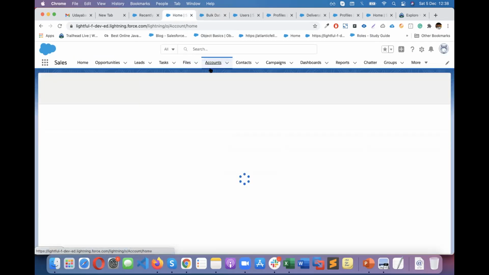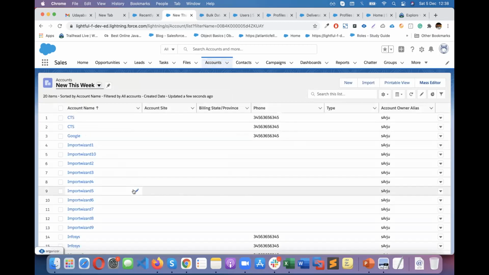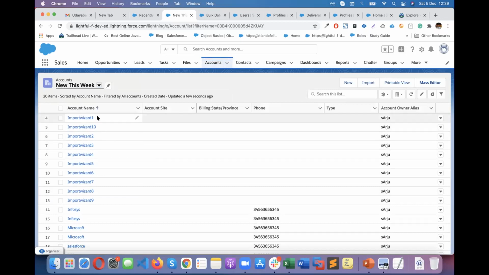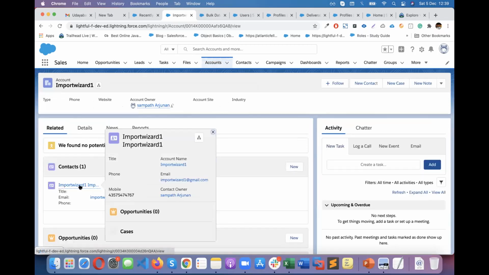I will select account, new this week. You'll see here import 1, import 10, import 2, import 3, all the records. Now if I look at import 1, there is one contact with all the details, whatever we put in.